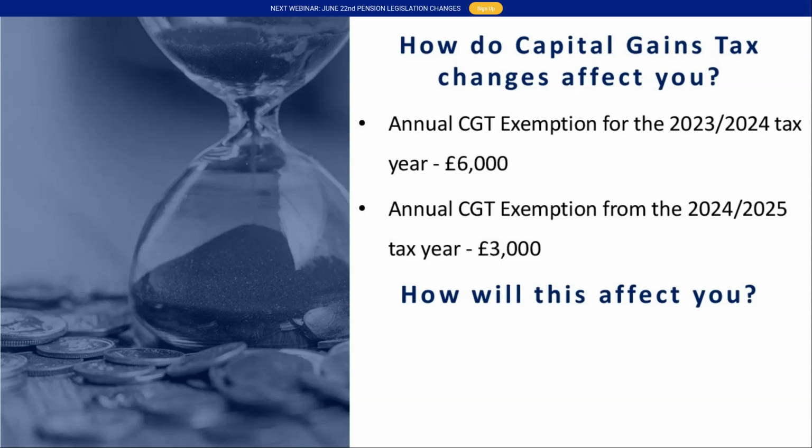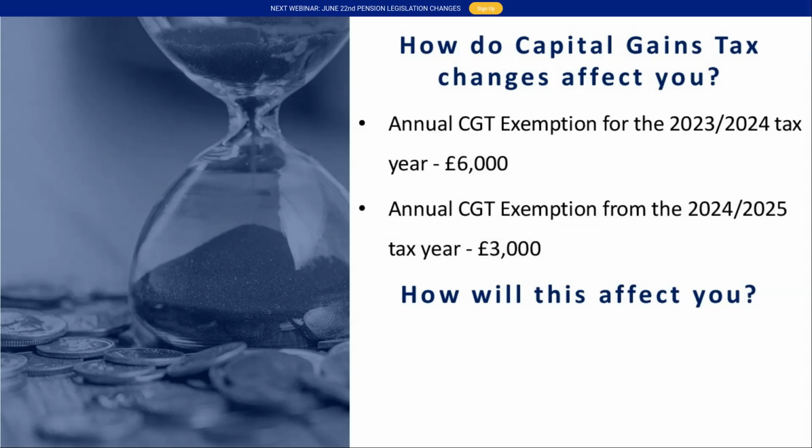A little caveat here is that this figure assumes that existing behaviors will continue, but in reality, many will simply reduce the amount of gains they crystallize or realize to just below the new capital gains tax exempt amount each year. And that goes back to a few slides ago, where you're looking at those strategies to mitigate or defer capital gains tax, because behaviors will change. So potentially 235,000 more people will be needing to report capital gains tax, but as mentioned here, behaviors do change.